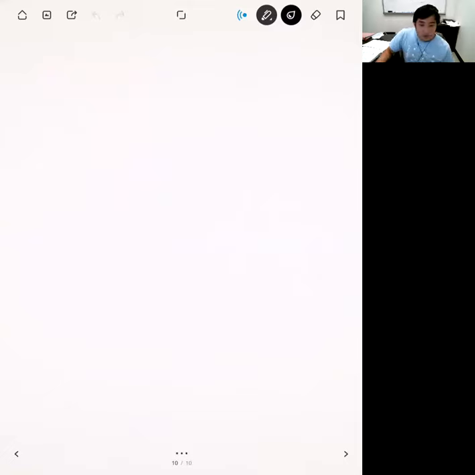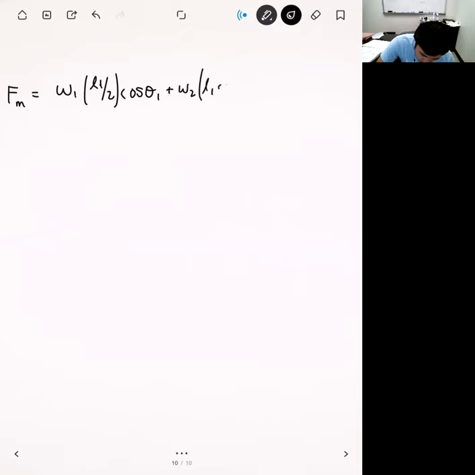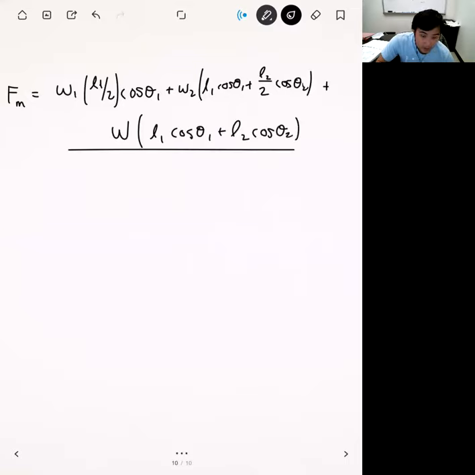And so if we do this symbolically first, then what we get is FM is equal to W1 times L1 divided by 2, times cosine theta 1, plus W2 times its moment arm, which is L1 cosine theta 1 plus L2 divided by 2 cosine theta 2, plus, and this is also in the numerator, W L1 cosine theta 1 plus L2 cosine theta 2, and all this is going to be divided by